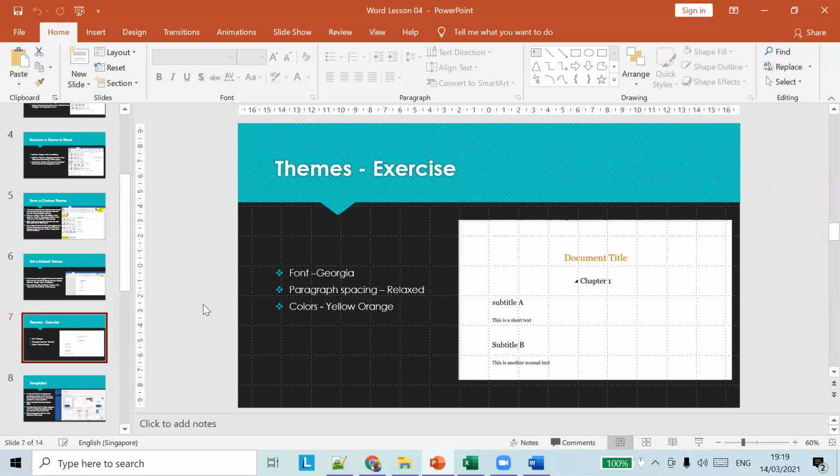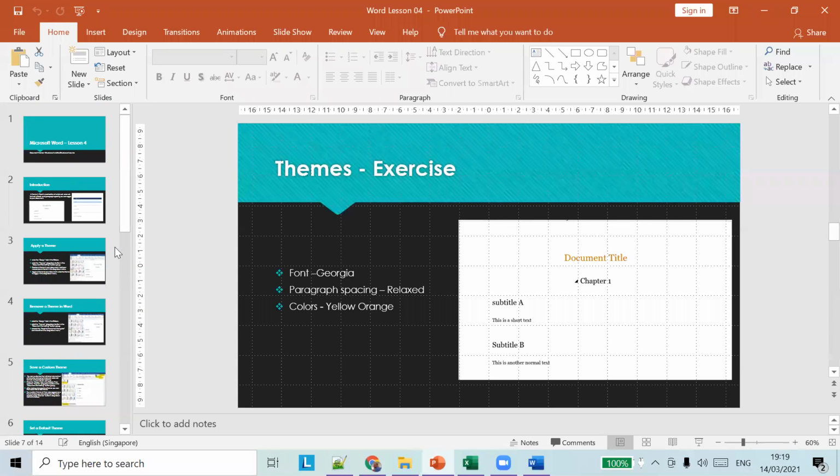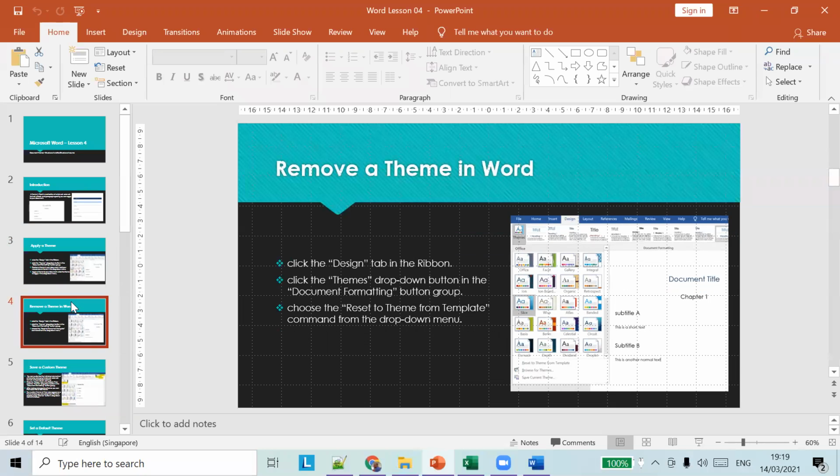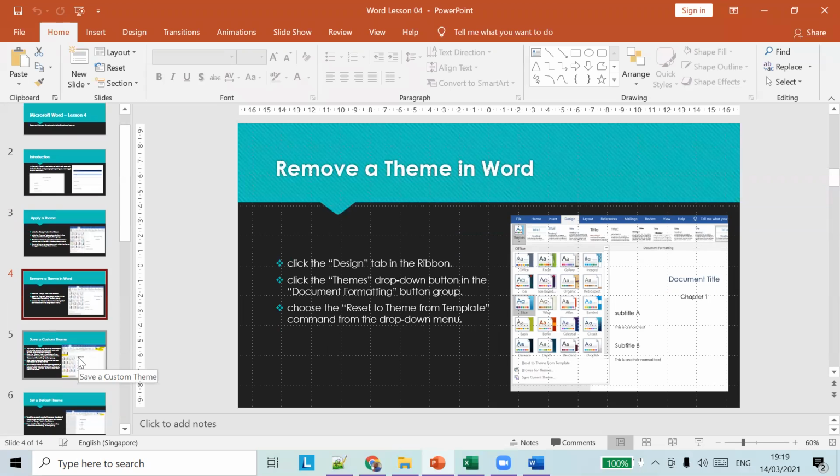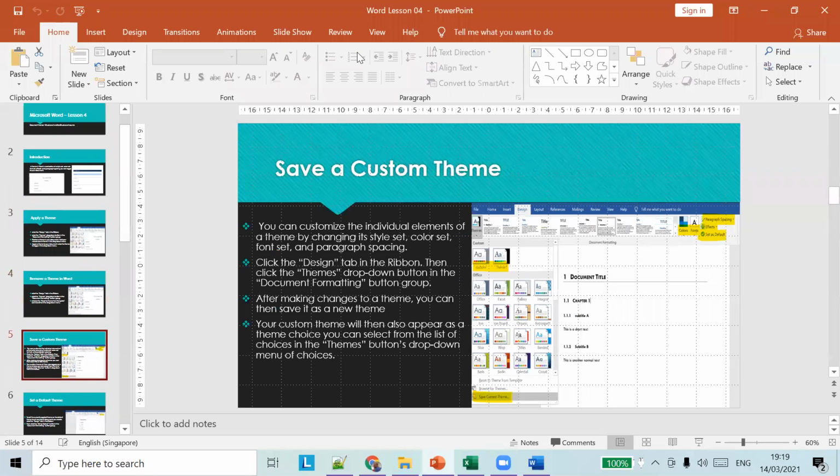So we are done with the themes for the day. Any doubts in this? So we saw what is a theme, how to apply themes, how to remove a theme which is already applied to a particular document, and also how to save as a custom theme.